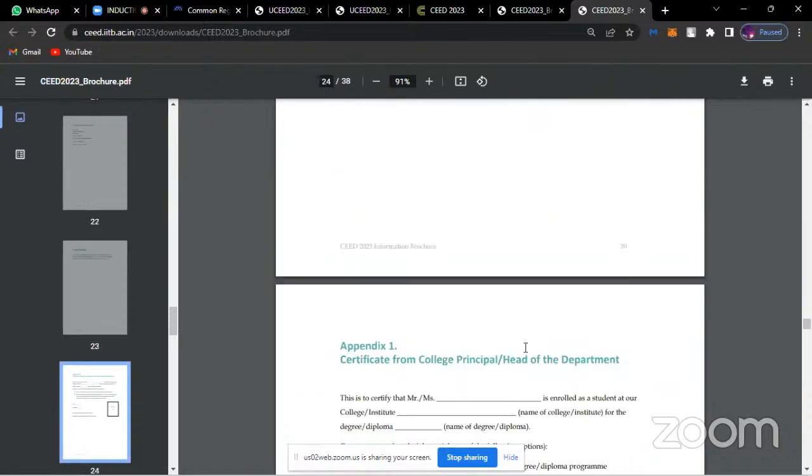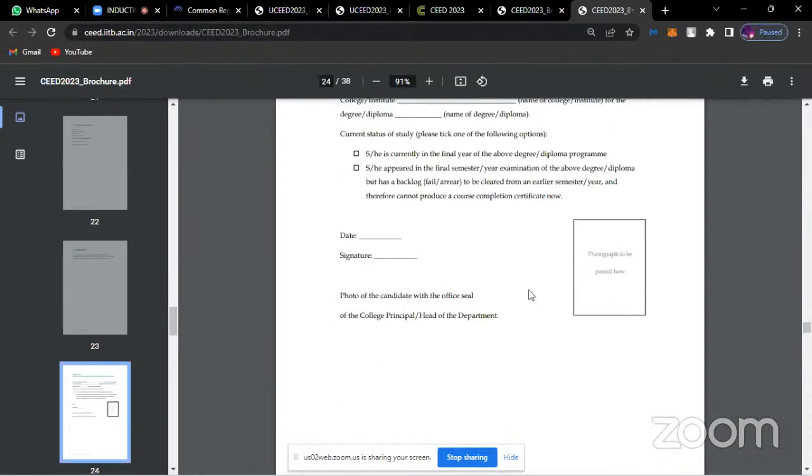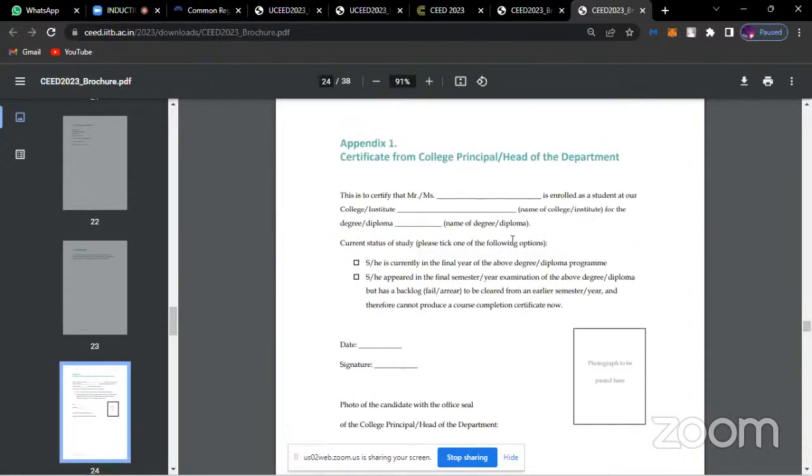All right. Again, the same appendices: any college that you are graduating from, you have to do the same thing as the people who are applying for their 12th boards coming year. From your college principal or head of department, you have to get this signed.